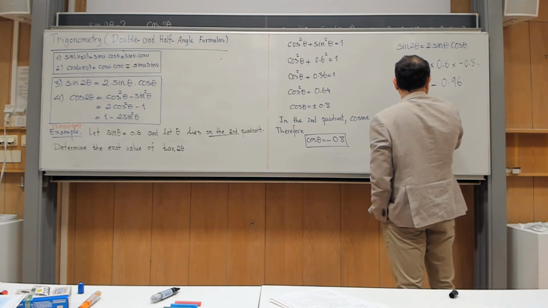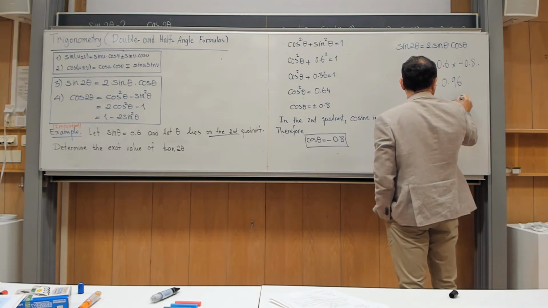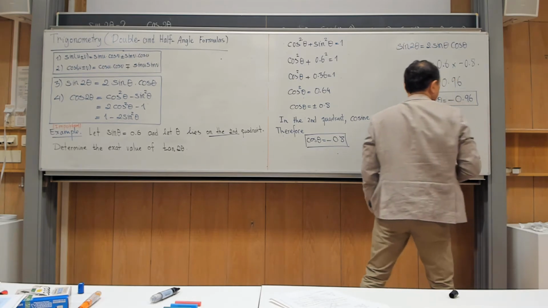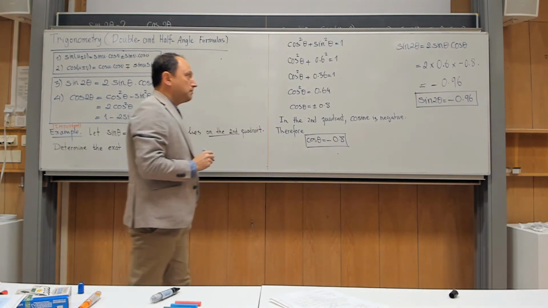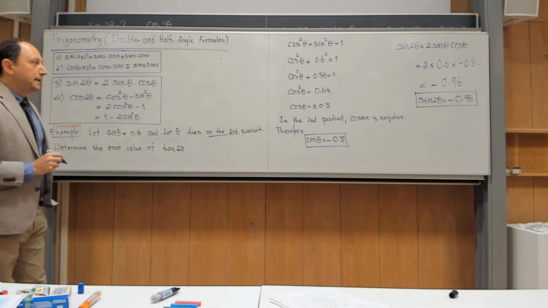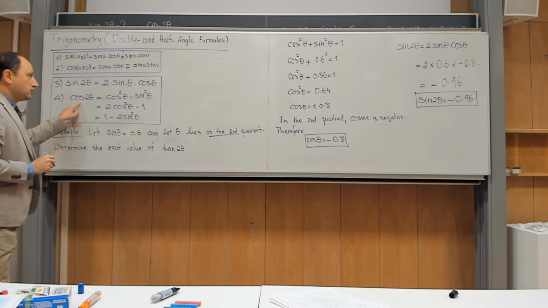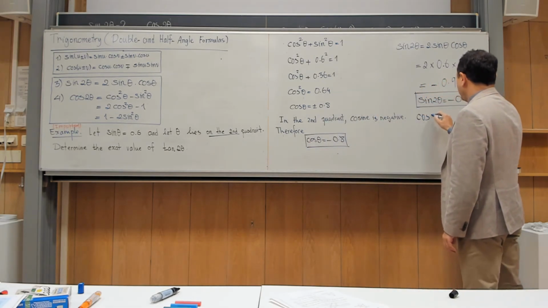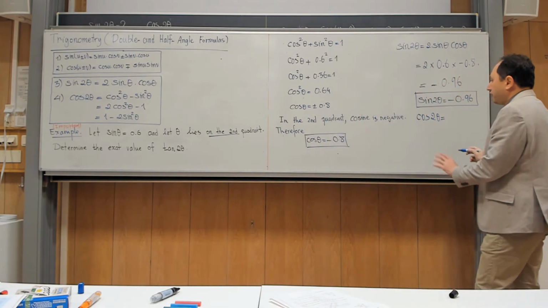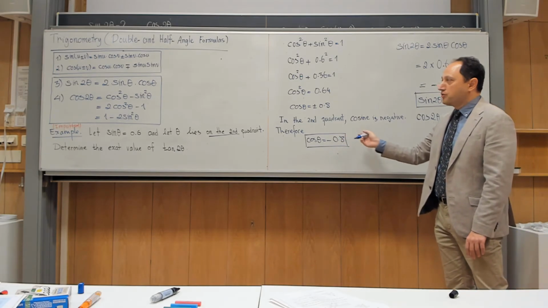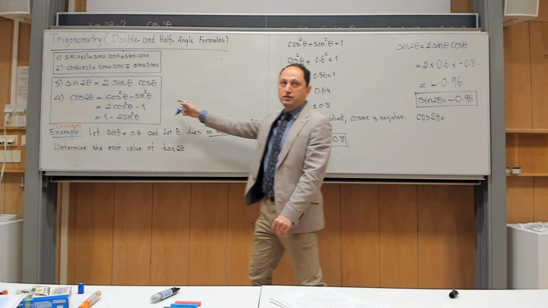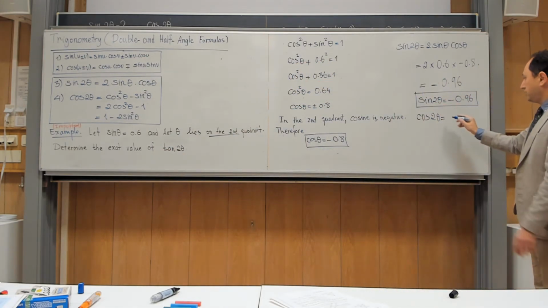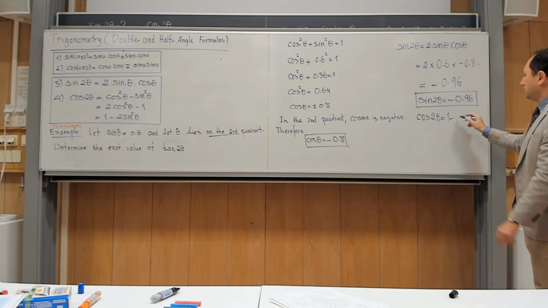So sine 2 theta is minus 0.96. Agree? And now I want to calculate cosine 2 theta, but let me use the last formula. In this context, of course, it doesn't matter because now I have both of them. So even if you want, you can use the first or the second. But logically, it would be better to use the third one, which only needs the information given in the problem